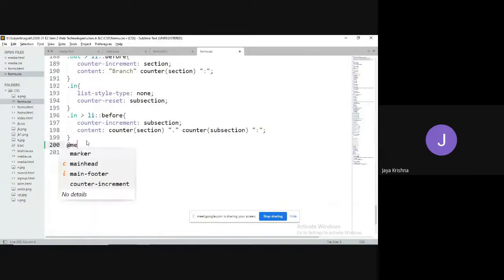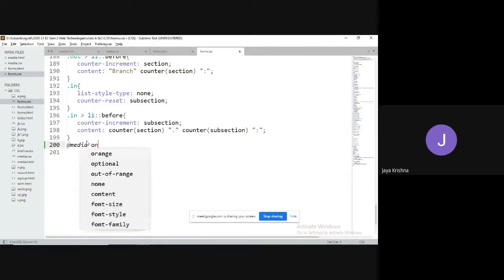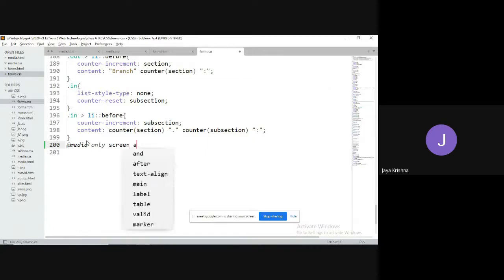Actually, for example, whenever I am trying to minimize this one, I would like to apply some set of rules based on the device width. For example, I'm going to define it as only screen, and if the maximum width is 600 pixels, I need to apply some set of properties. What are those properties?